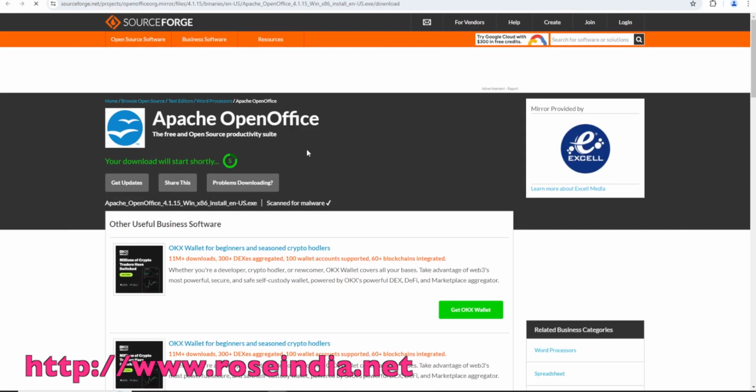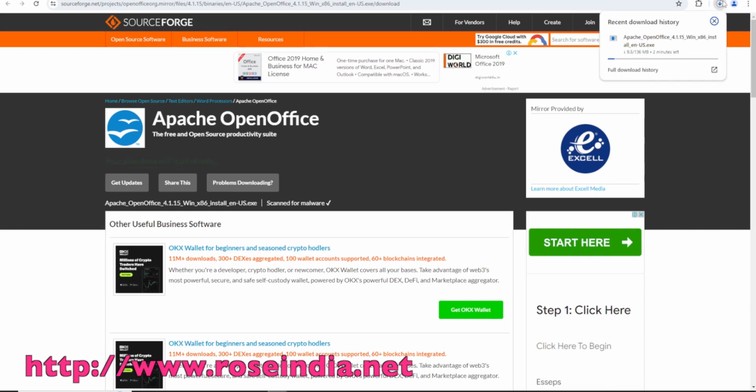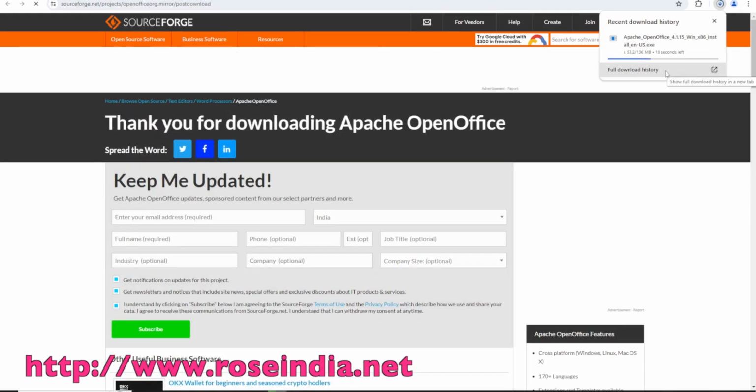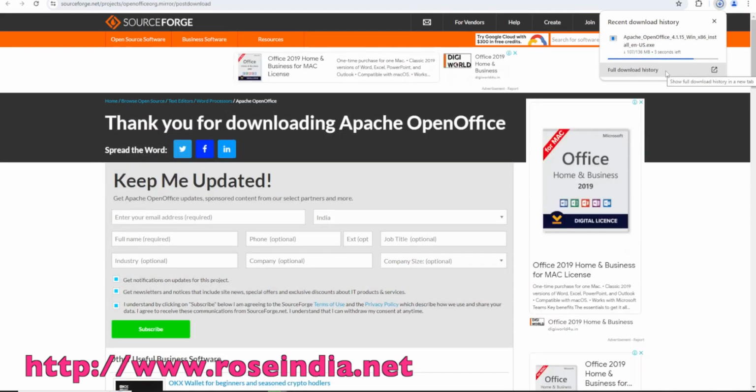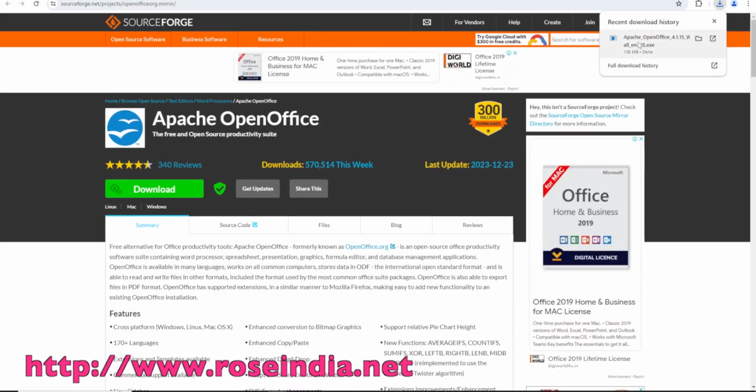So let's download it, and it is being downloaded from the sourceforge.net, and you can see the download is started. And if I see the progress, the download is quite fast on my machine, and it will take 1 minute for the download to complete. So the download is completed. I can go inside this folder and then click on the exe file. From here also I can directly click on the Apache Office exe file, and installer will